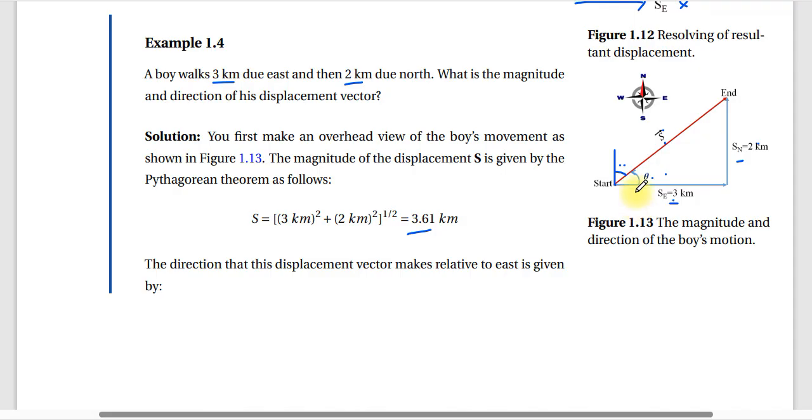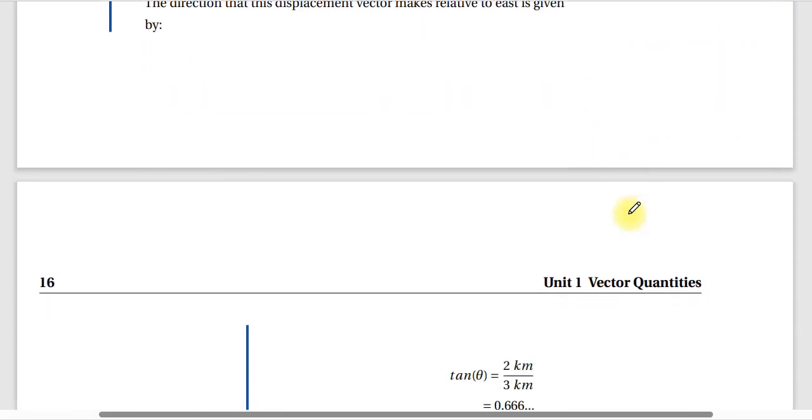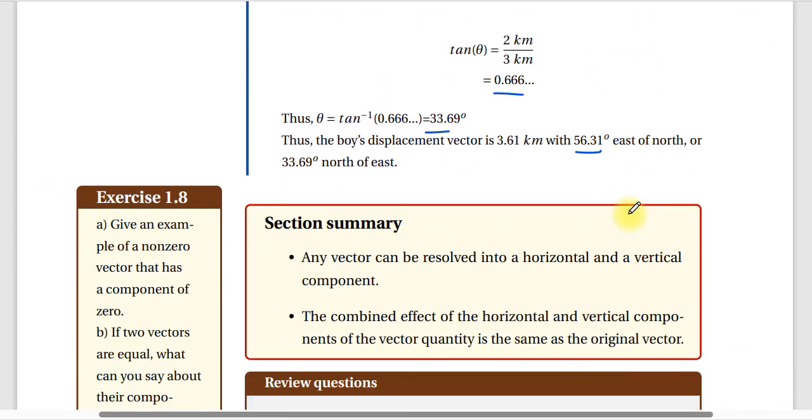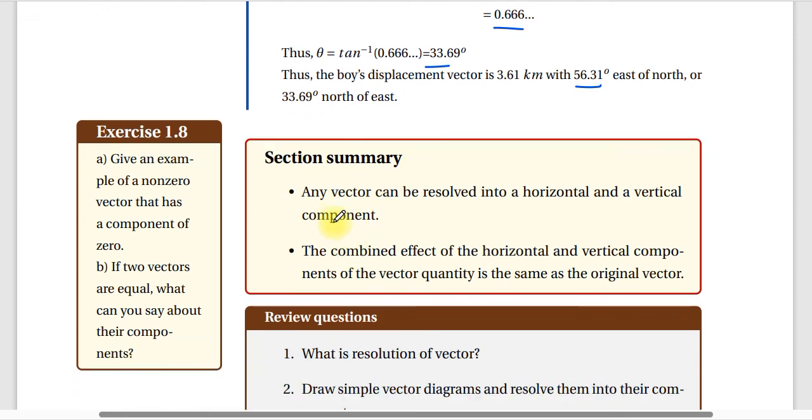ስለዚህ ይሄን ይመስላል ሰመራይዝ ስናደርገው any vector can be resolved into horizontal and vertical components. ማንኛውም ቬክተር ወደ horizontal እና vertical component ሪዞልቭ መደረግ ወይም ብሬክዳውን መደረግ ይችላል። The combined effect of the horizontal and vertical components of the vector quantity is the same as the original vector ይለናል።